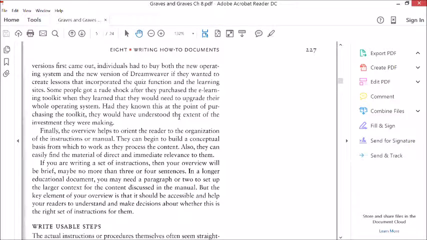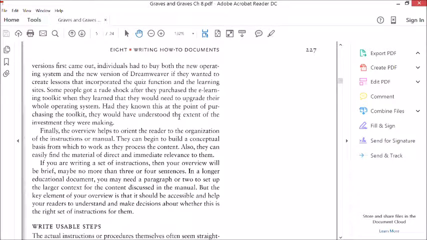The third step is to write usable steps. This means organizing information based on steps in the process so that readers can clearly identify the most important details. For instance, in a recipe for a pie, the crust and filling are often in a separate paragraph. Even if the instructions for making the crust are 7 lines long, and the instructions for making the filling are just 1 or 2, clearly separating those two, while it might throw off the paragraph structure that we're used to in academic writing, makes it easier to navigate